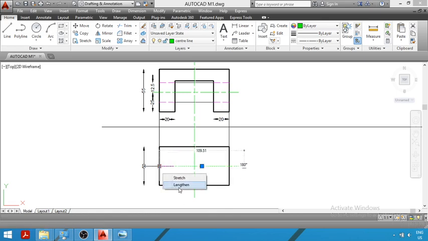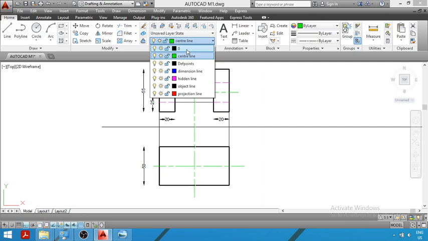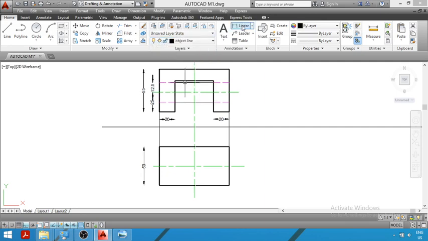So you can see here I have drawn a horizontal center line. This is the horizontal center line, and the distance of this center line from any one end will be equal to 25. I will be giving the dimension here, you can see. So this center line is at a distance of 25 mm from the lower straight edge. So we have drawn the top view of the upper surface, which is rectangular in shape, and then we have drawn the vertical center line and horizontal center line.